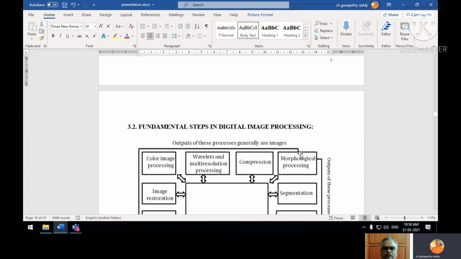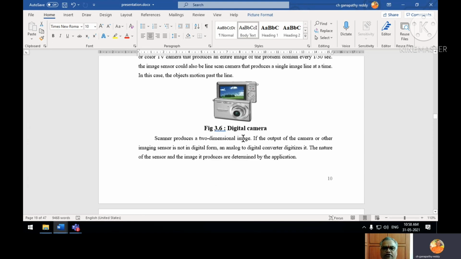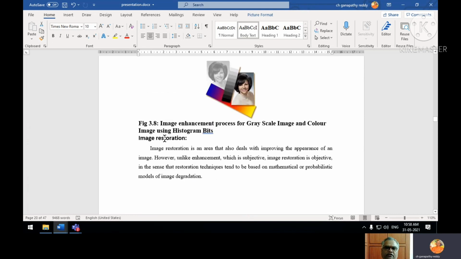So main heading 16, subheading 14, running matter 12. Subheading 14 and bold. This figure 3.5, 3.6, 3.7, 3.8. Here the 3.8 figure name is more than one line. If it is more than one line, don't give extra space.